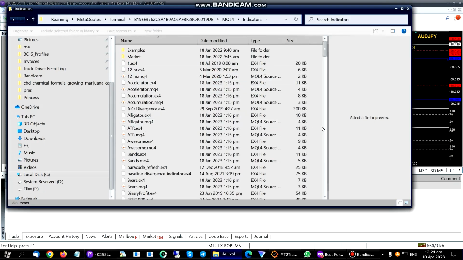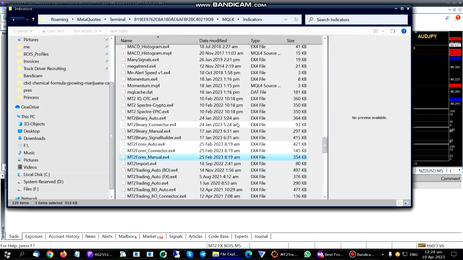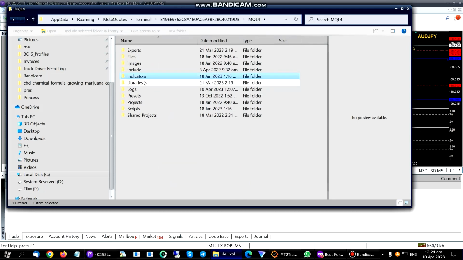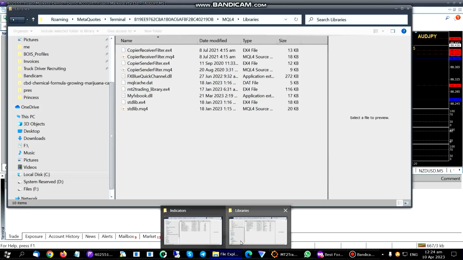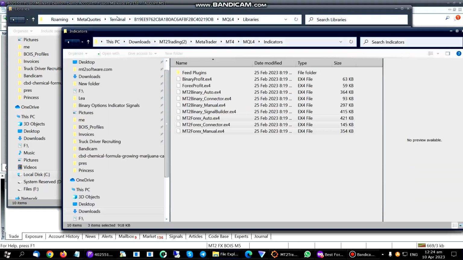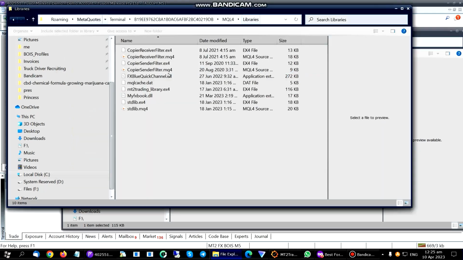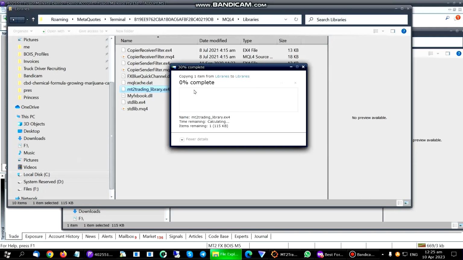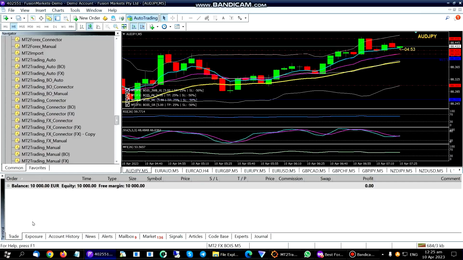Paste those in, and then you're gonna go up, arrow, libraries, and go ahead and go up, arrow, libraries. Make sure you paste the library file in, and then you can go ahead and restart your MT4, or you can just right click and select refresh,